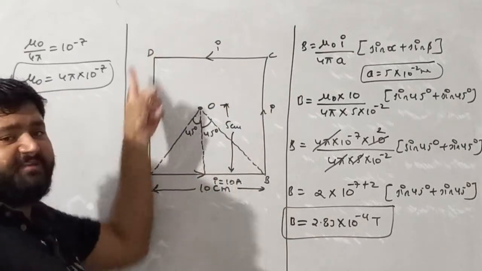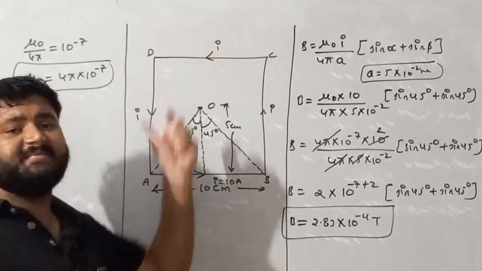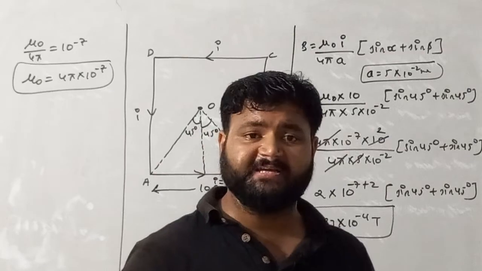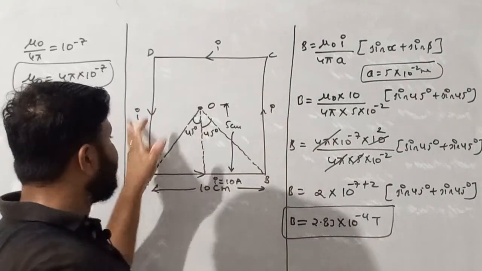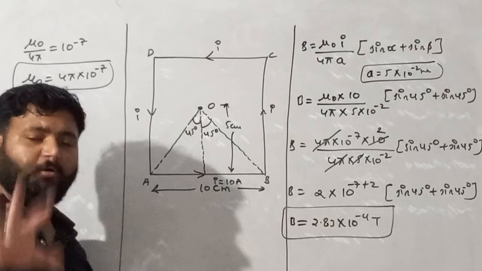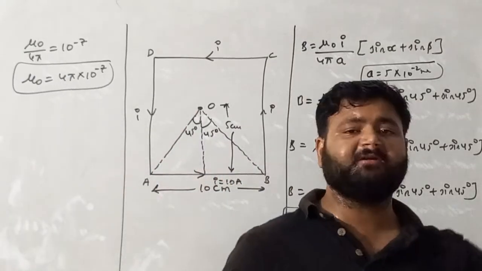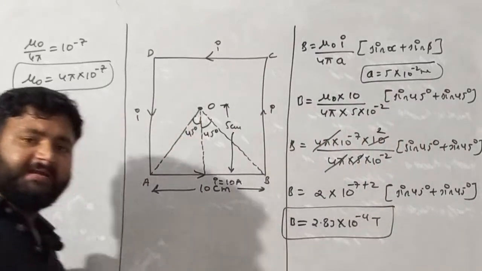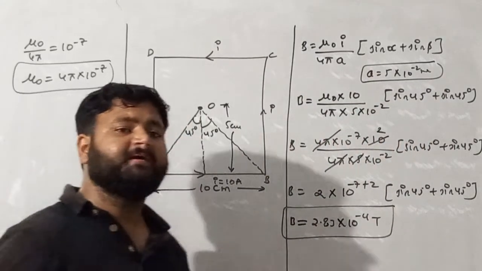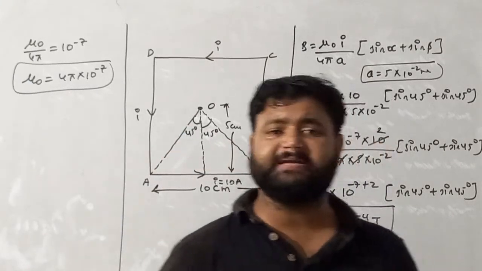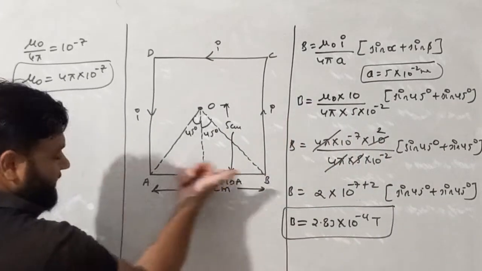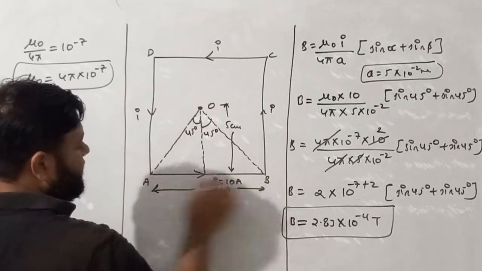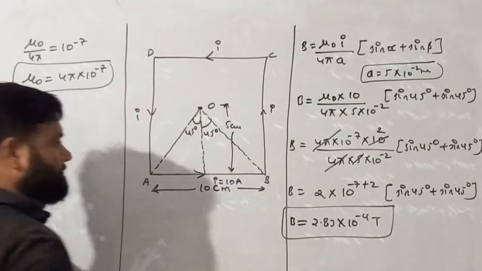But this square carries 4 sides and all the sides carry the same current, same length. So just check out the direction of magnetic field due to these wires at point O. We all know how to find the direction of magnetic field due to a current carrying straight wire. Place your thumb in the direction of current and curl your fingers. Curling of fingers gives you the direction of magnetic field. So I am placing my thumb in the direction of current, curling fingers, it is outside. So at point O, due to this wire, magnetic field is outside.